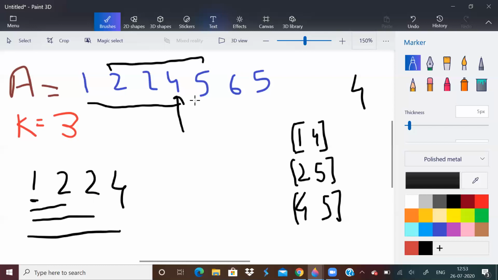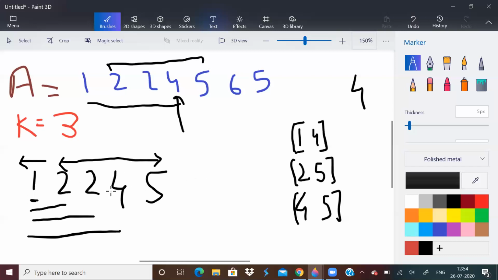But then it did not increase. Then this element came in, but we made this our window. Over here in this example, we did not shrink, but you can think of it like this. This part is now removed. This one was removed, and this is the new window. Only this is the window.